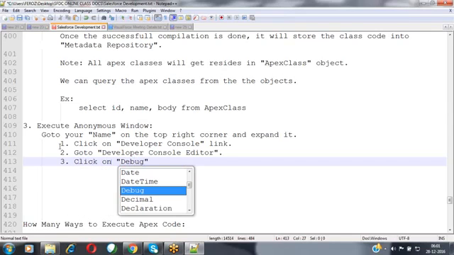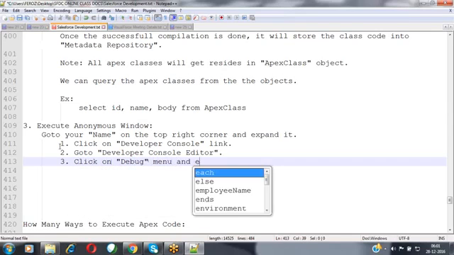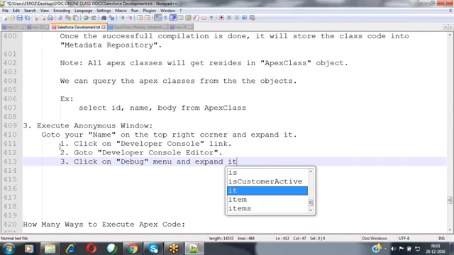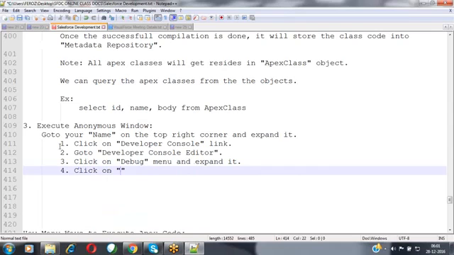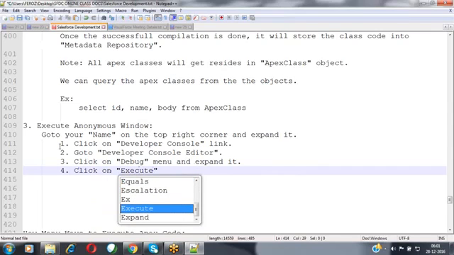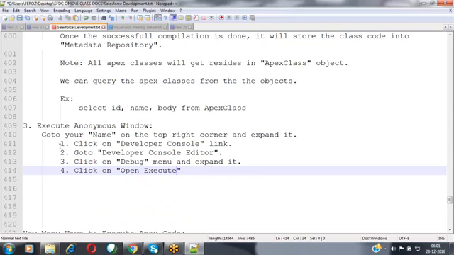Or else, if you want to go with the navigation, click on the Debug menu and expand it. And the fourth option is click on the Open Execute Anonymous Window menu.